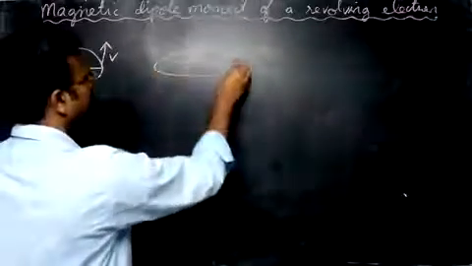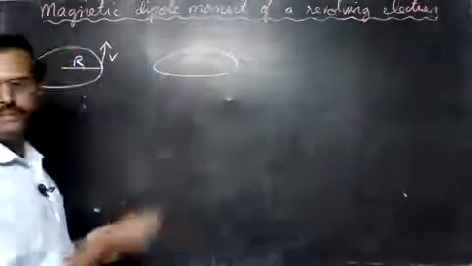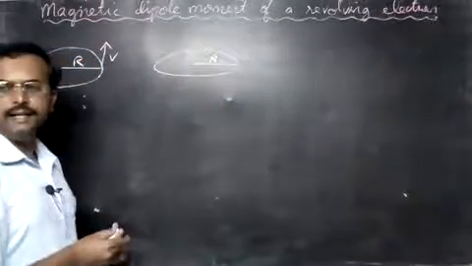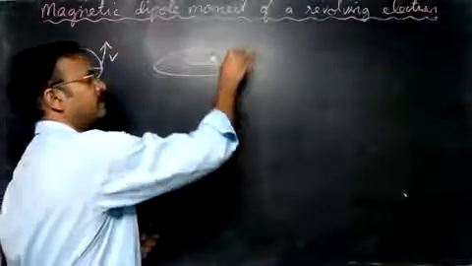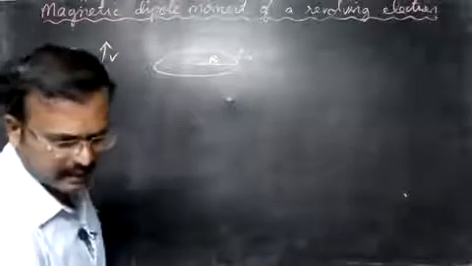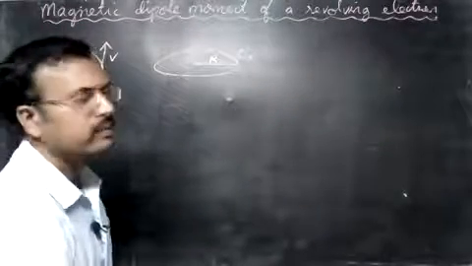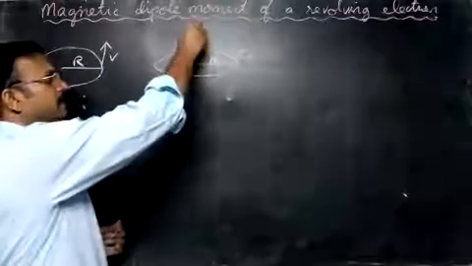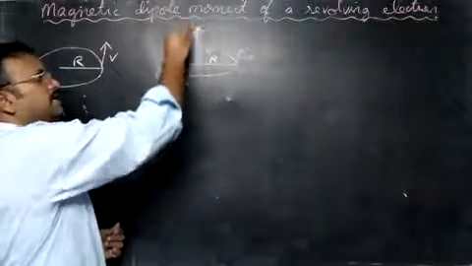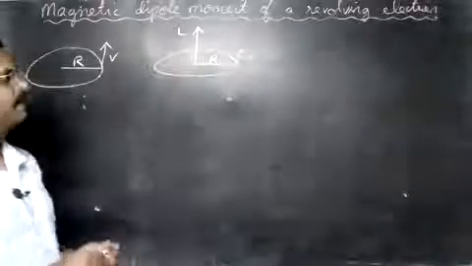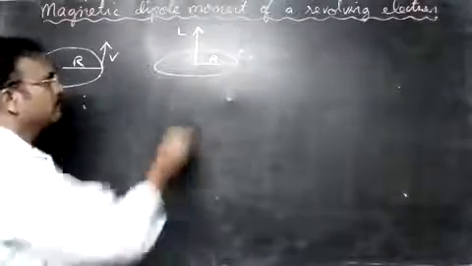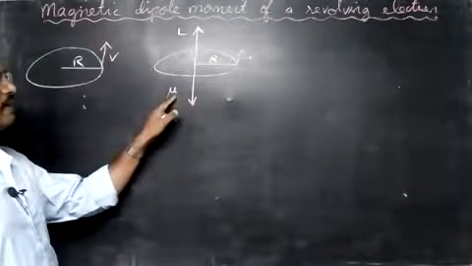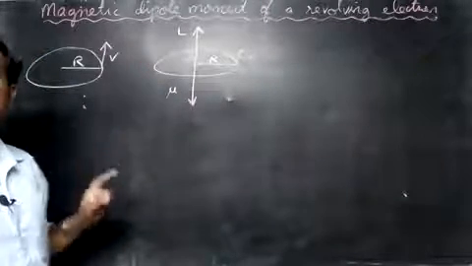I'll draw the side view. I've drawn the same picture here. Now you see, the radius is r, and the velocity is v here. Then you can see there's a magnetic moment associated, and we also have angular momentum. The angular momentum goes this way. L stands for the angular momentum, and opposite to this we have the magnetic moment, that is mu. Mu stands for magnetic moment, L stands for the angular momentum. They are opposite each other.